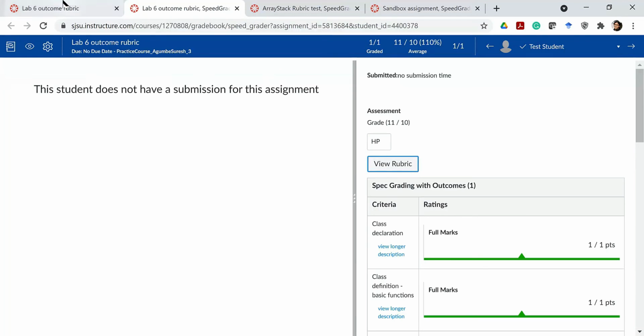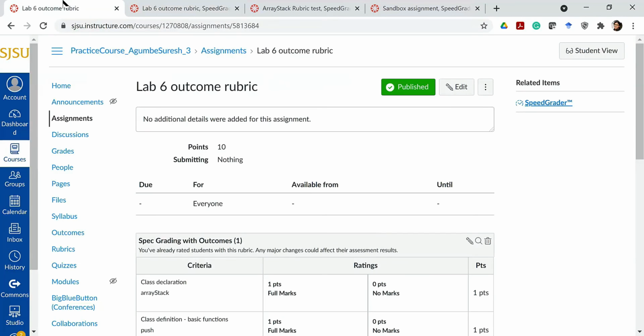So that's all I wanted to showcase about the way I use rubrics in my courses. And it has been very beneficial to me for two reasons. One is the students don't ask me questions about what exactly they need to complete for a specific homework question, because they know very clearly based on the rubric that this is the expectation.